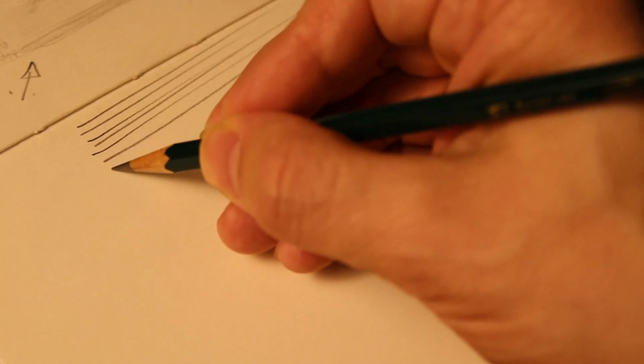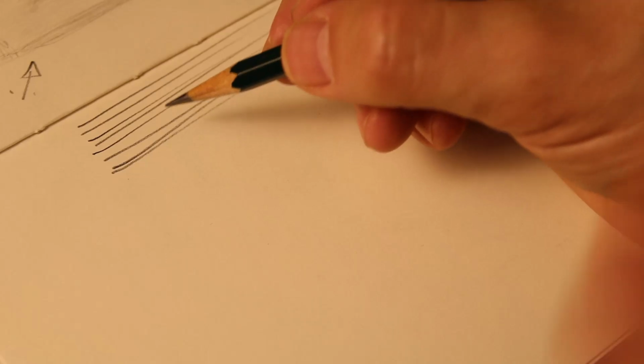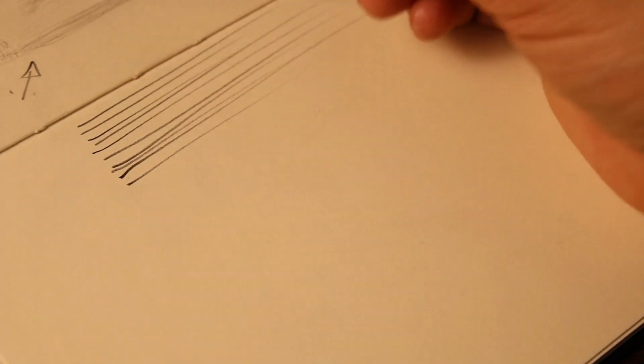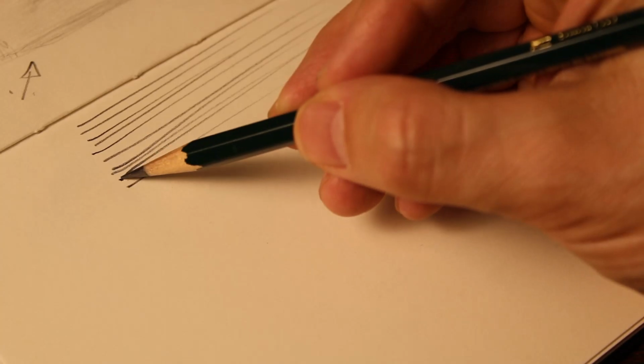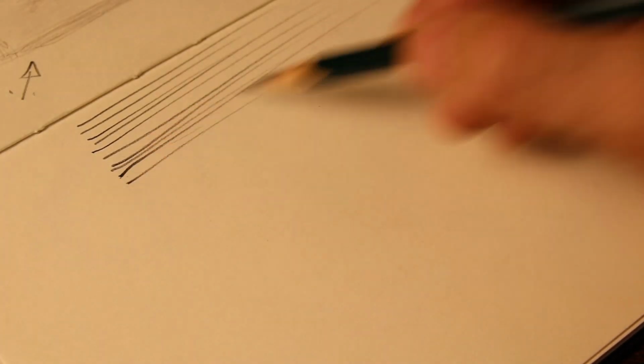So you can see right here that I'm just applying pressure and releasing pressure in straight lines or semi-straight lines. But the key is to use your shoulder when you're drawing these lines. When you apply the pressure, you gently release it at the end of the stroke. So line weight is your ability to apply pressure from dark and then gradually go lighter as the line tapers